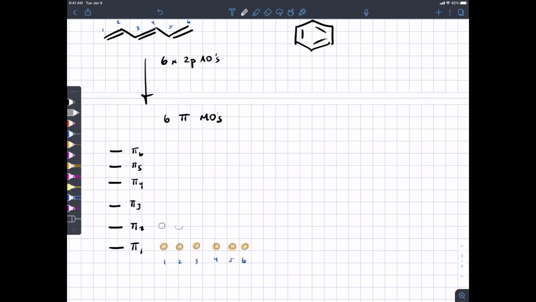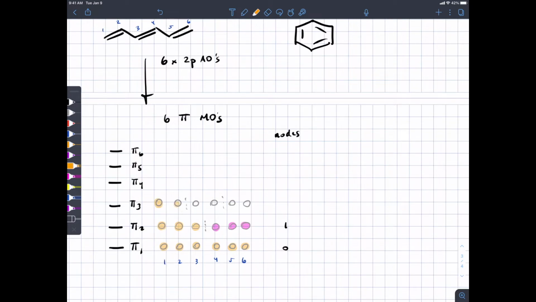The one following that would have the same wave function sign on 3 of them, and then opposite wave function sign on the other 3. There's 1 node here, so if we're counting nodes to help us order them in energy, 0 nodes, 1 node. In pi 3, you've got 2 nodes,